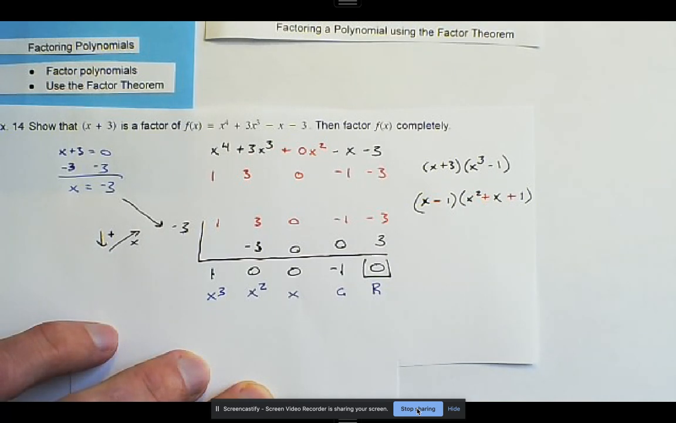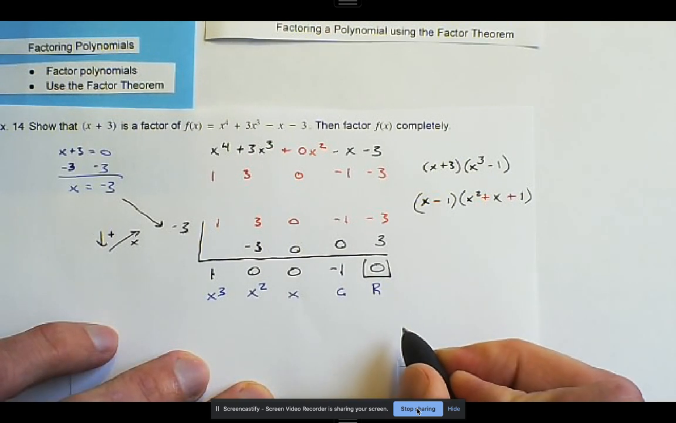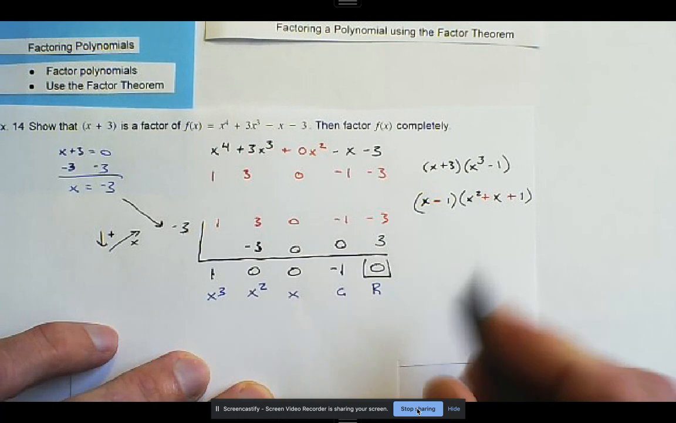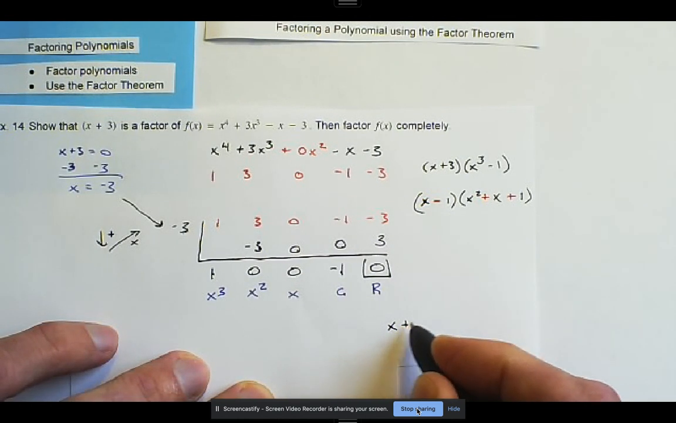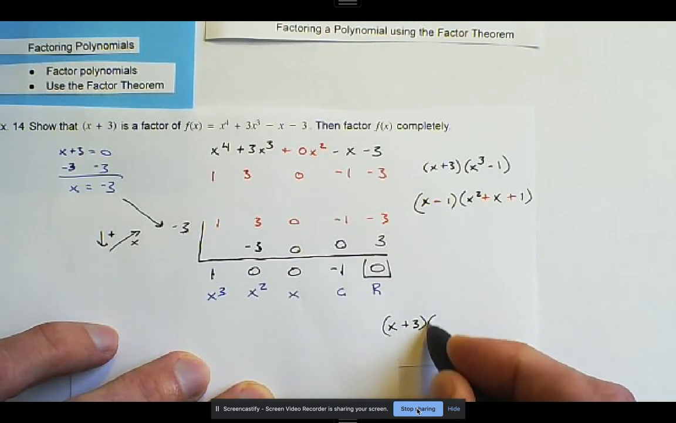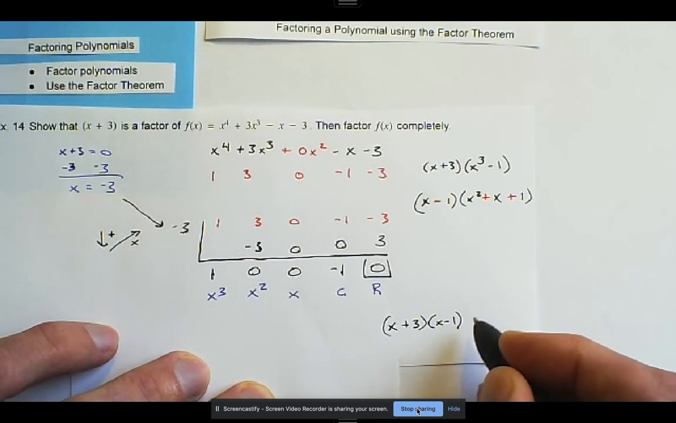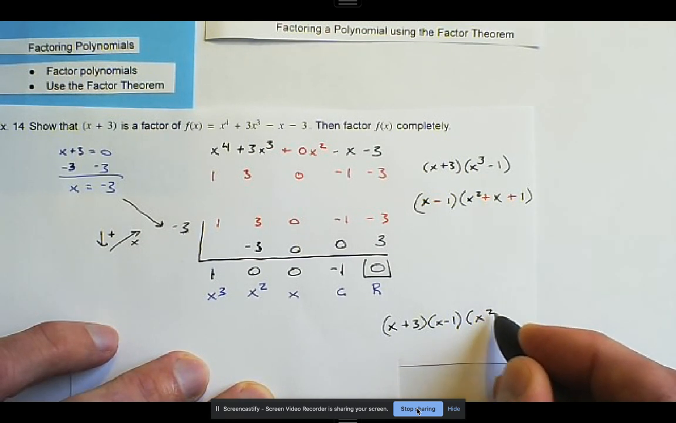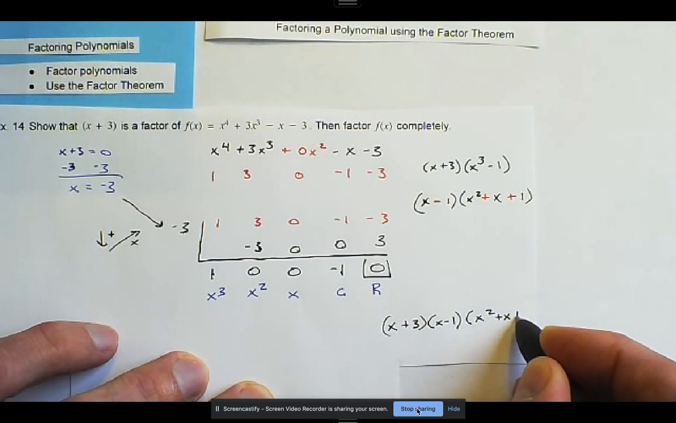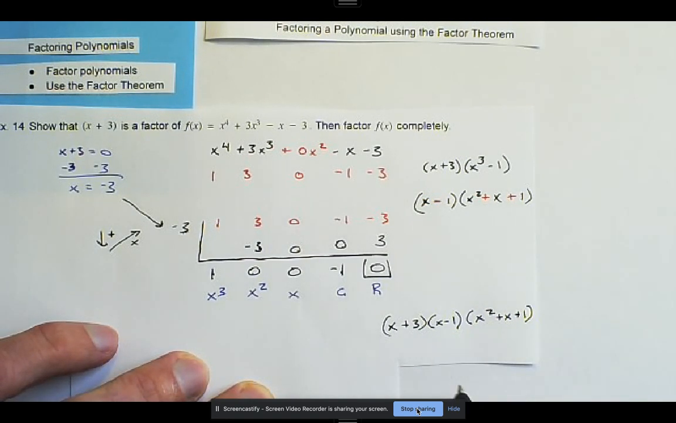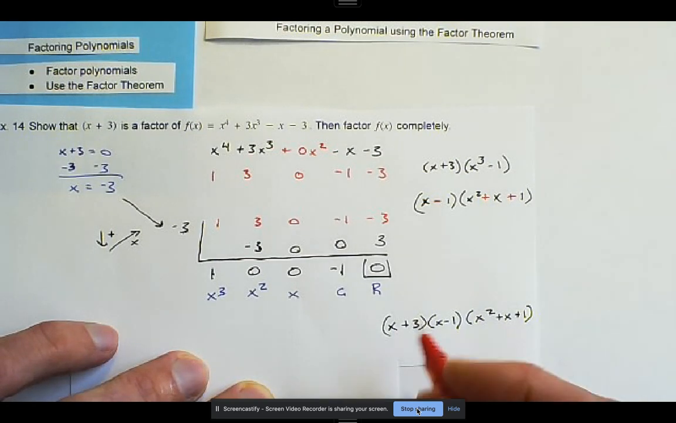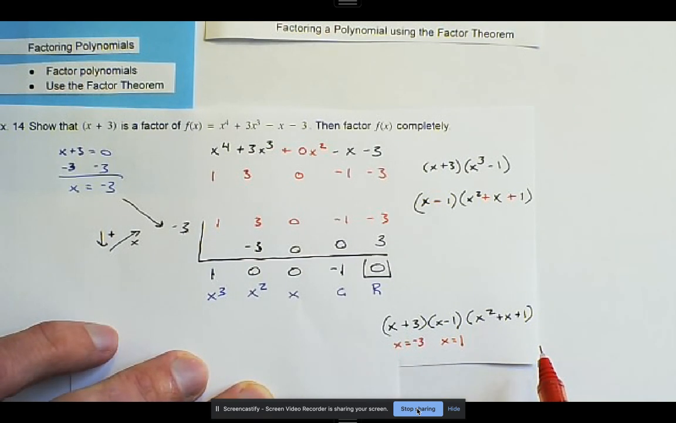And then, so that is all the way in factored form. And we can finish this up by saying we have x plus 3, x minus 1, and then we have x squared plus x plus 1. So our zeros are going to be x equals -3, x equals 1, and then this will give us two